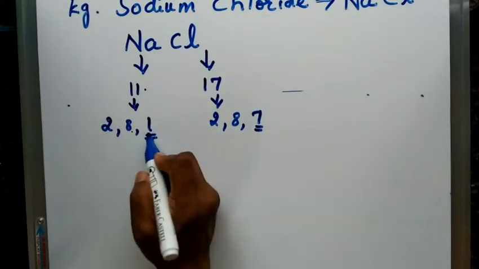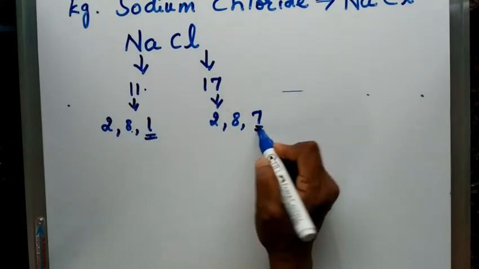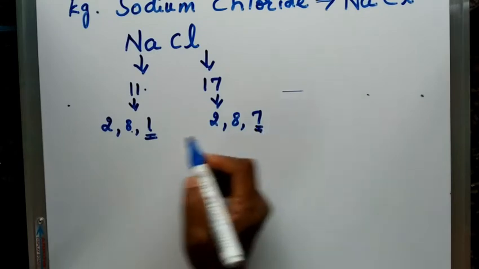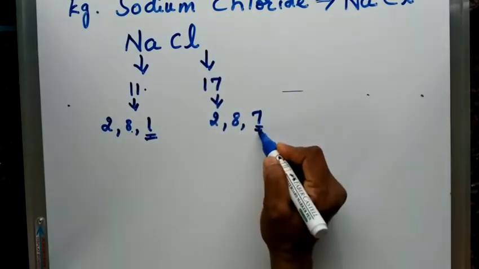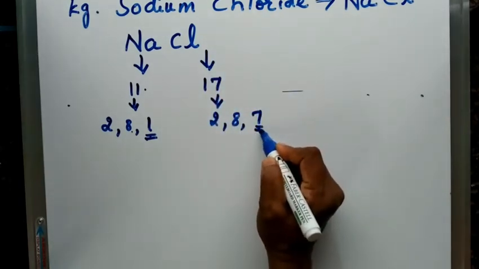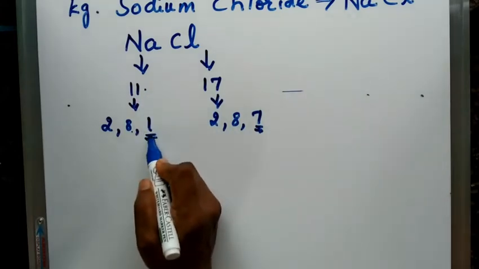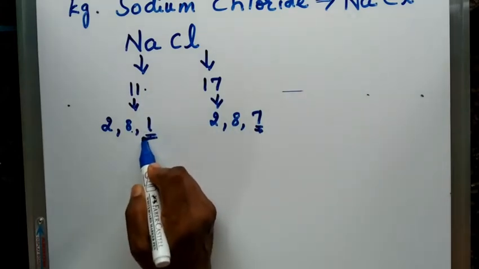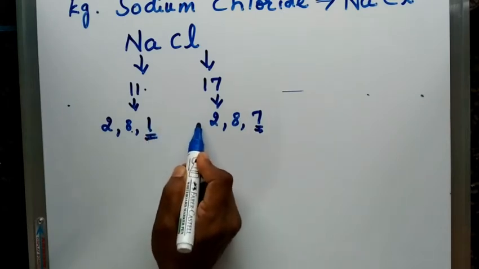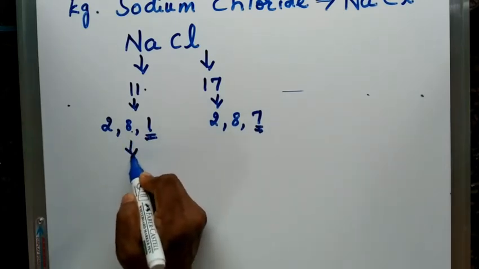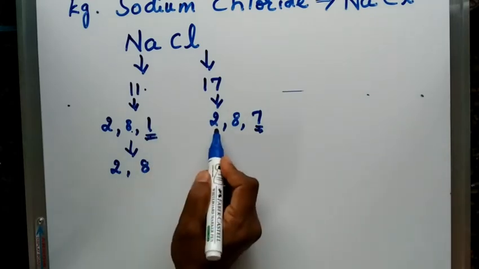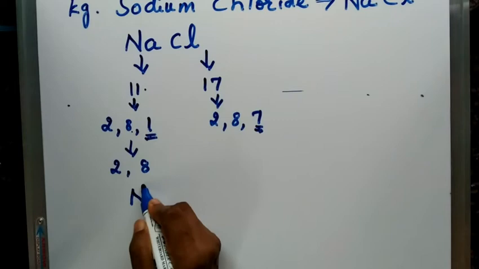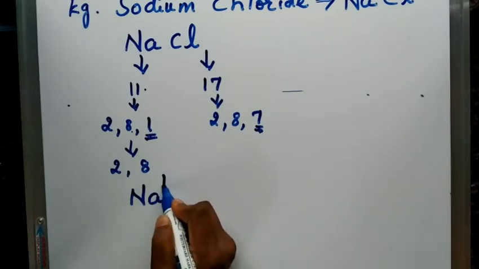Now, when you give this one electron, this chlorine atom accepts the electron. So, sodium atom gives or donates electrons. Chlorine atom takes one or receives electron. As we know that the number of protons and electrons are equal, when one electron is given to chlorine atom, here electronic configuration becomes 2, 8 because this one electron is given,